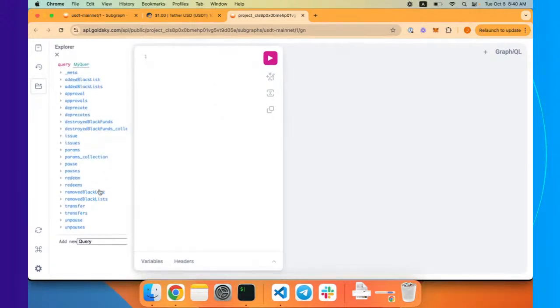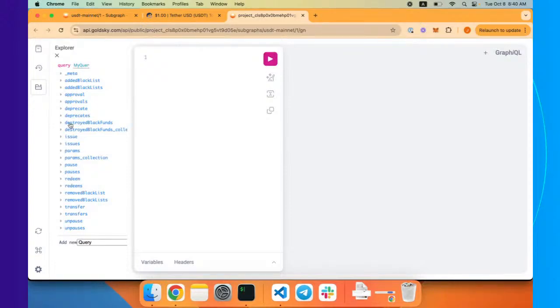It's a very convenient way to create queries against the subgraph. Each subgraph is going to have its own entities that you can query. Using this Explorer, you're going to see what entities are available, and it will also help you very easily create